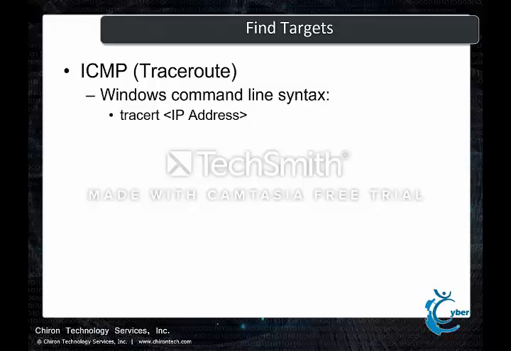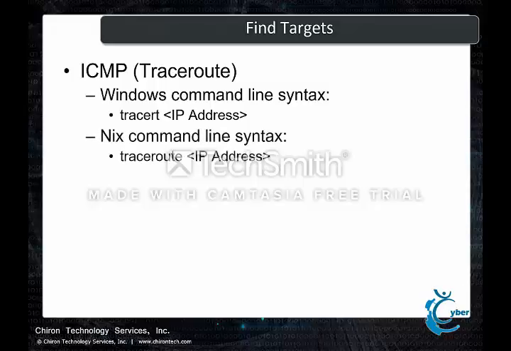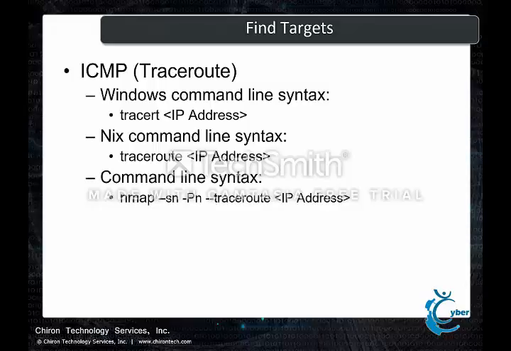Continuing on with finding targets, we'll talk about an ICMP traceroute. The Windows command line syntax for this is tracert with an IP address. On the Unix side, it is traceroute with the IP address. Within Nmap, you can run a traceroute as well. The syntax, as you see right there, is very easy. Again, with the -sn switch, with a capital P, lowercase n, with a --traceroute with an IP